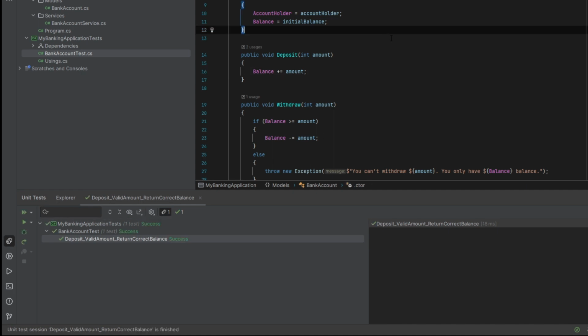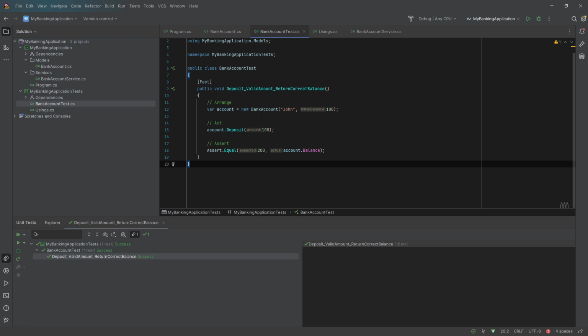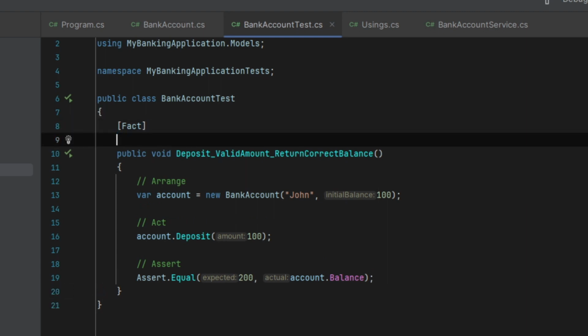So that saves your time, especially when you are refactoring your code. And when you do have unit tests, it saves you from accidentally making mistakes. Now if you want to test the same deposit function with different values, not just with 100 and initial balance 100, but with different values, what you can do is you can modify this function to write